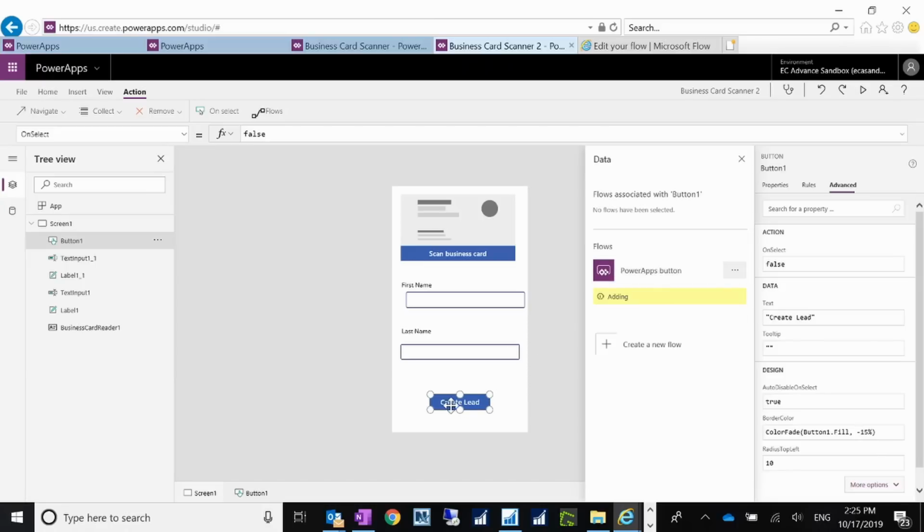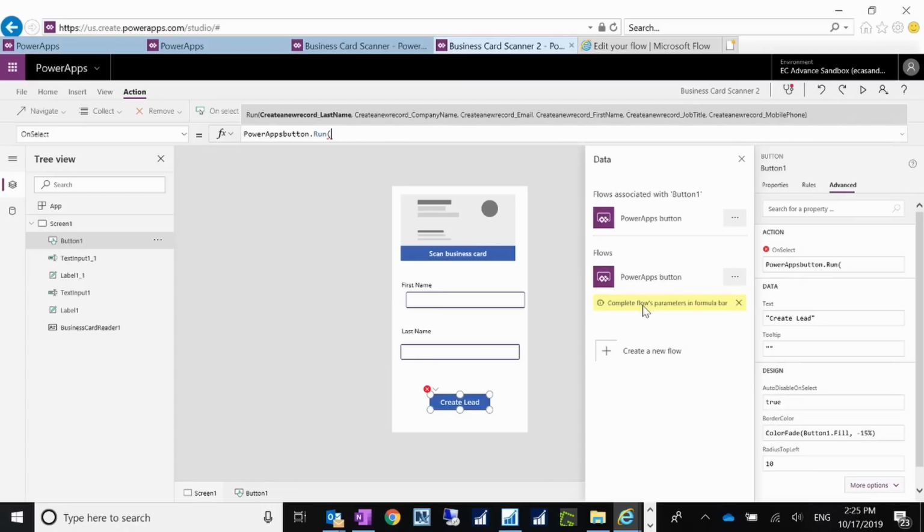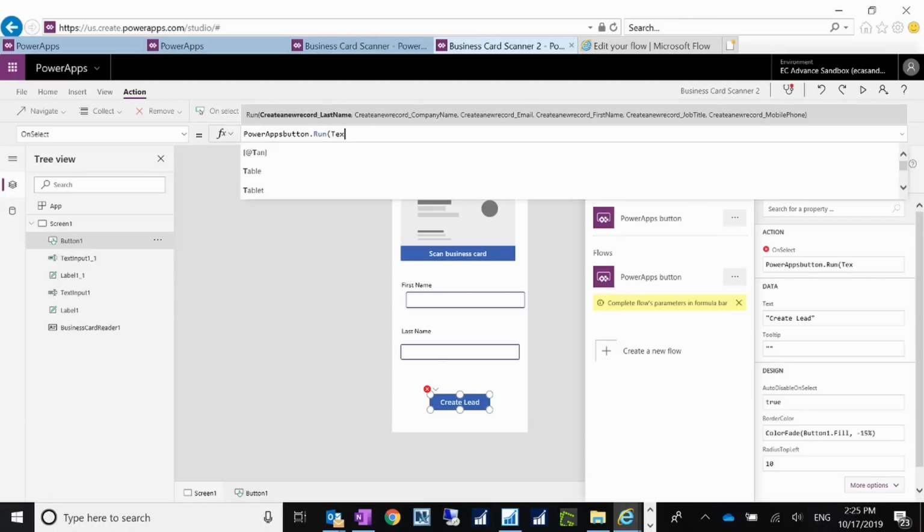Once you click on this, then click on Power Apps is adding. So it's adding it, but you just need to give the function. Remember, it first shows the last name. You remember our last name is text input 1_1. So you have to map all those text to these names. So what you have to do is put text input and